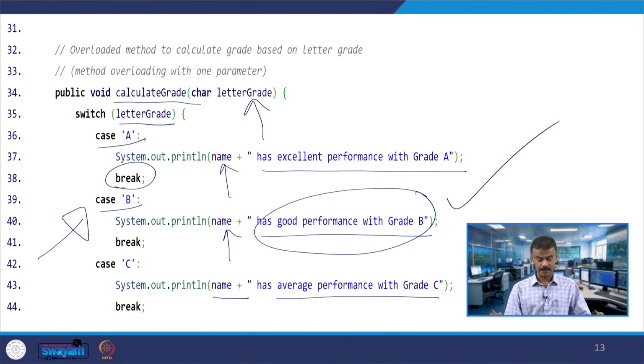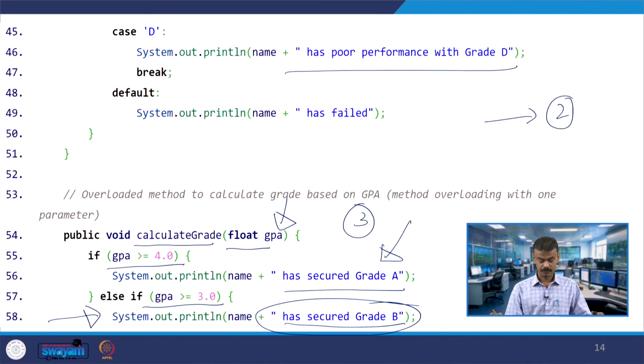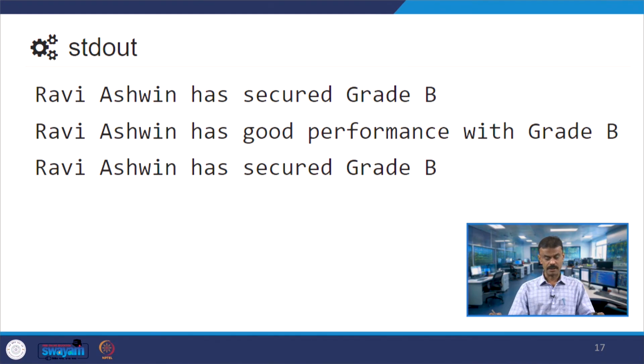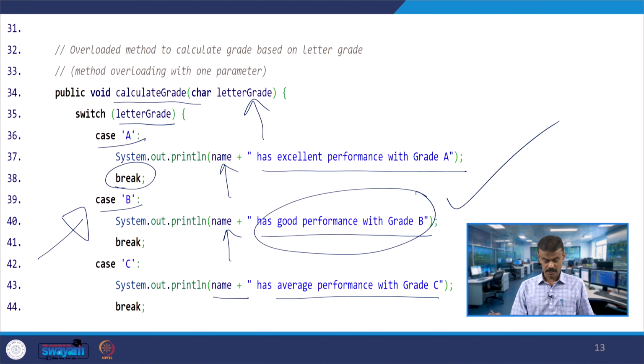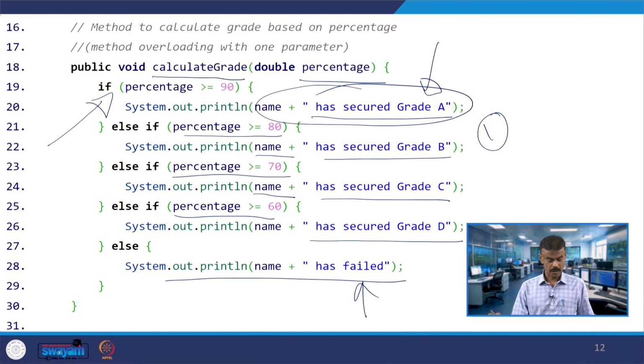So, these are all the three print statements: one is grade A, grade B, and this is grade B. Let us see what output we are getting. So, here you go. The first one, I think I answered 85.5, the score. By mistake I have encircled this one.